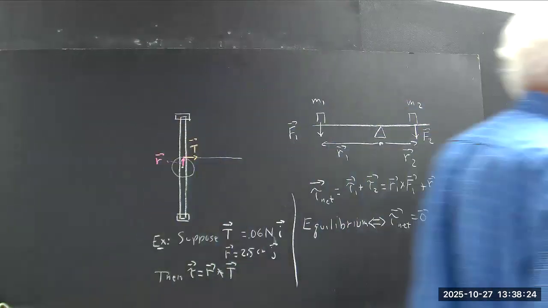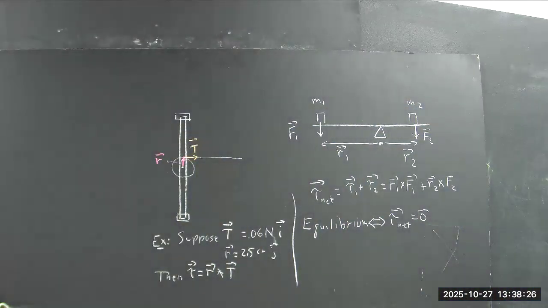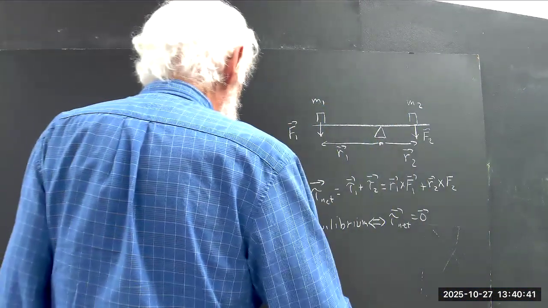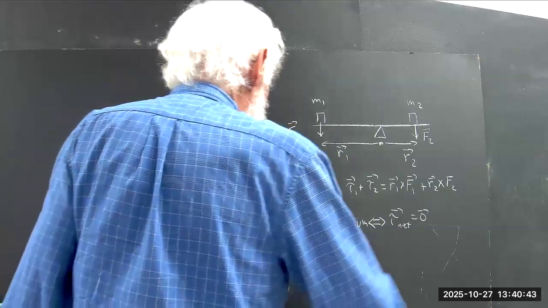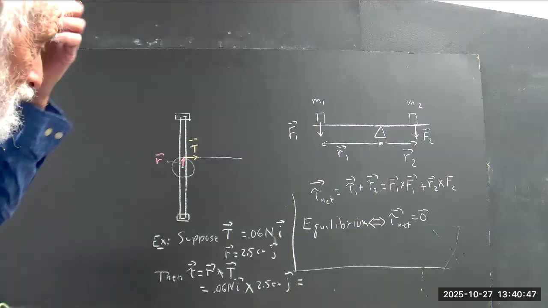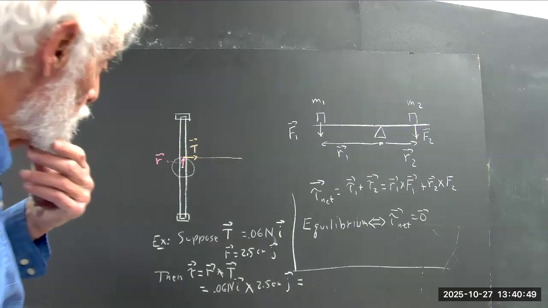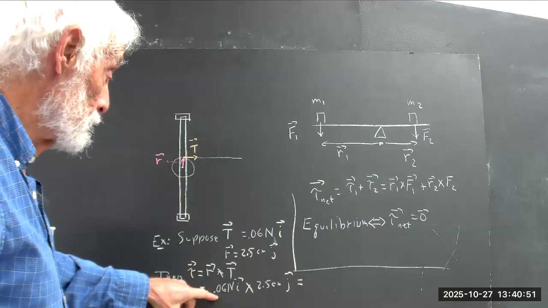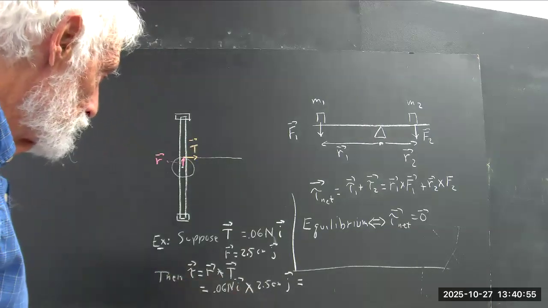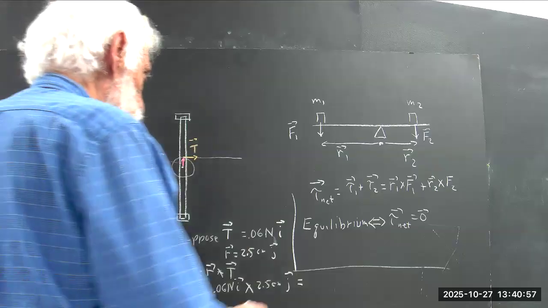Give you about 30 seconds to write down what the cross product would be, maybe a minute, give you a little time to think. Okay, so this equals, I'd write it lower, but what I see on the screen doesn't ensure that it's going to be visible. I'm pretty sure it is, but okay, we multiply 0.06 newtons times 2.5 centimeters, which gives us